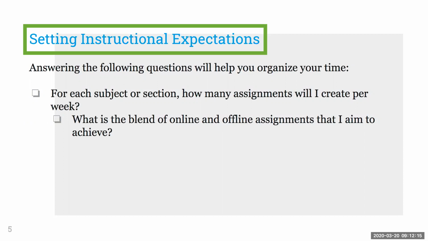What do we want to set a goal of? Do we want to be assigning activities that are in the home, recipe making just as an example, interviews with loved ones? What are the offline assignments that we want to incorporate into our instruction as we're thinking about the virtual space?